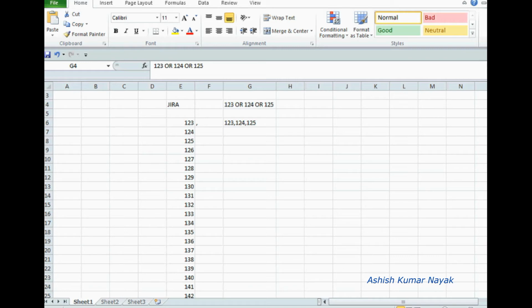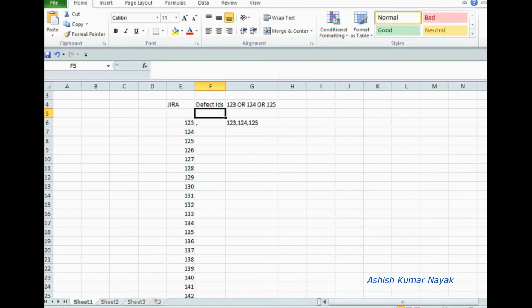Here consider these numbers 123, 124, 125 as the defect IDs in Jira tool. So you are concatenating some specific defect IDs and searching to get a report.